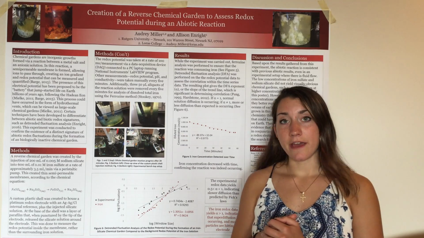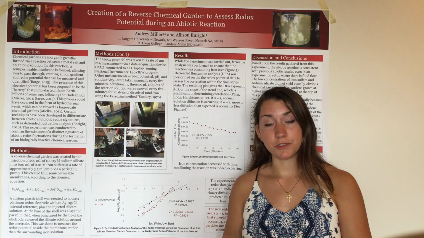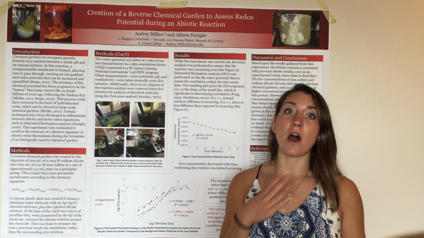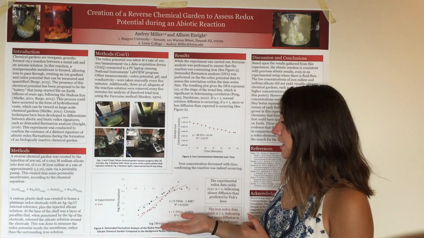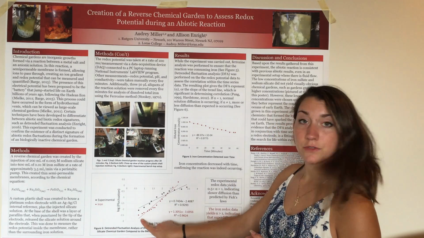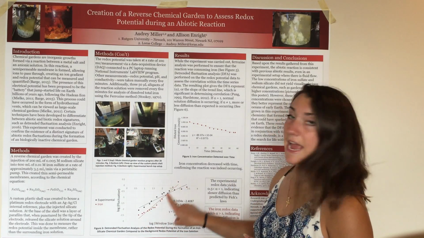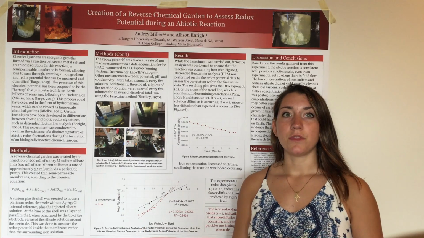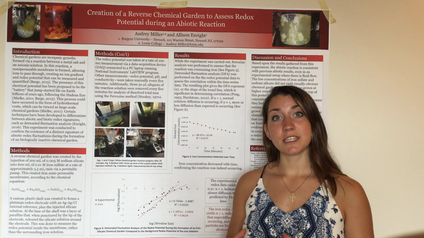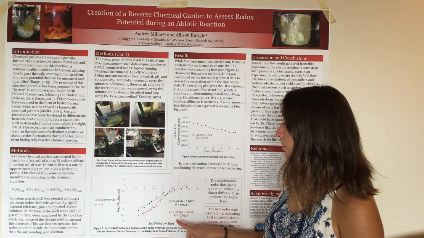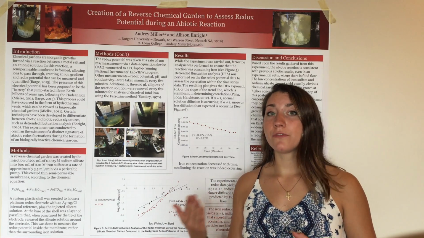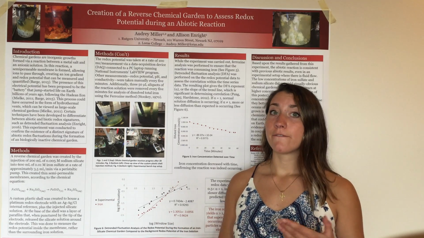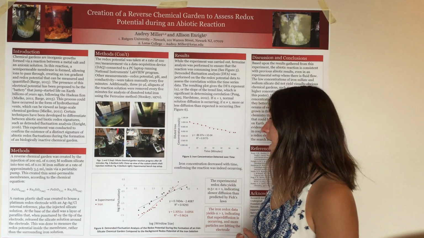And so we did that for both the stagnant iron solution as well as the iron solution while the silicate was being pumped into it, creating the chemical garden. Now the significant part about our data is that this red line that you see here, this is the stagnant iron solution. So the detrended fluctuation analysis on just the iron solution gives you a slope of 1.3. And that number is greater than 1, meaning there's more diffusion than would have been expected for normal solution diffusion,